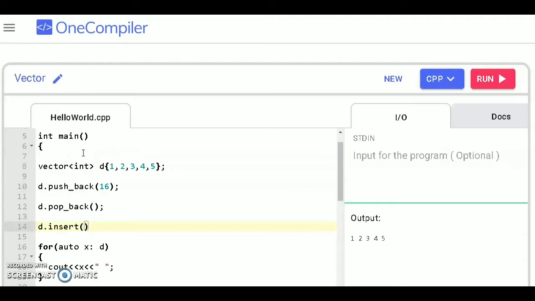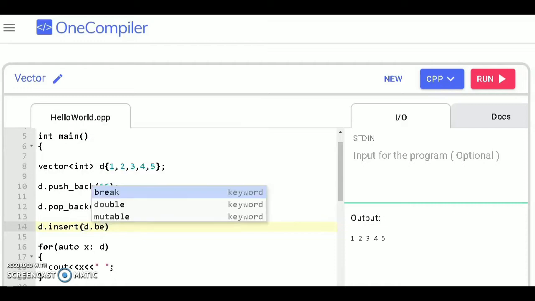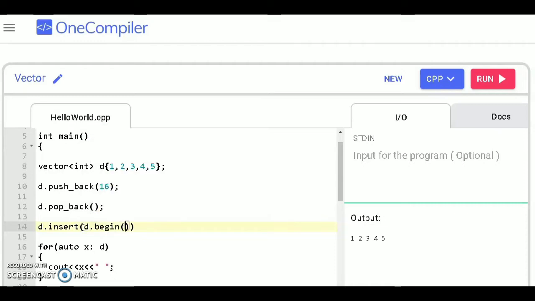Let's say we will insert 100 after this 2, so the iterator will be d dot begin plus 2, because you have to place the element at the third position. So you have to write d dot begin plus 2 and pass the element. You have to insert 100, so this will insert 100 after the 2.